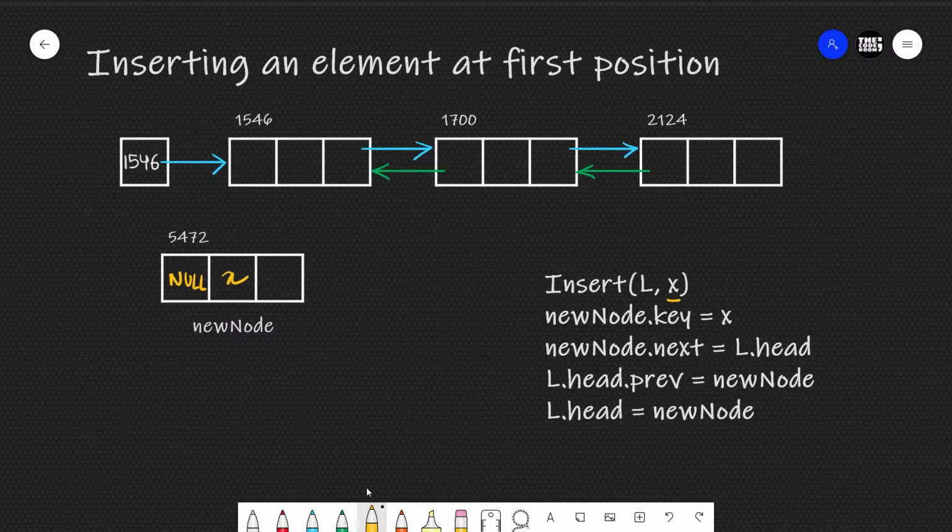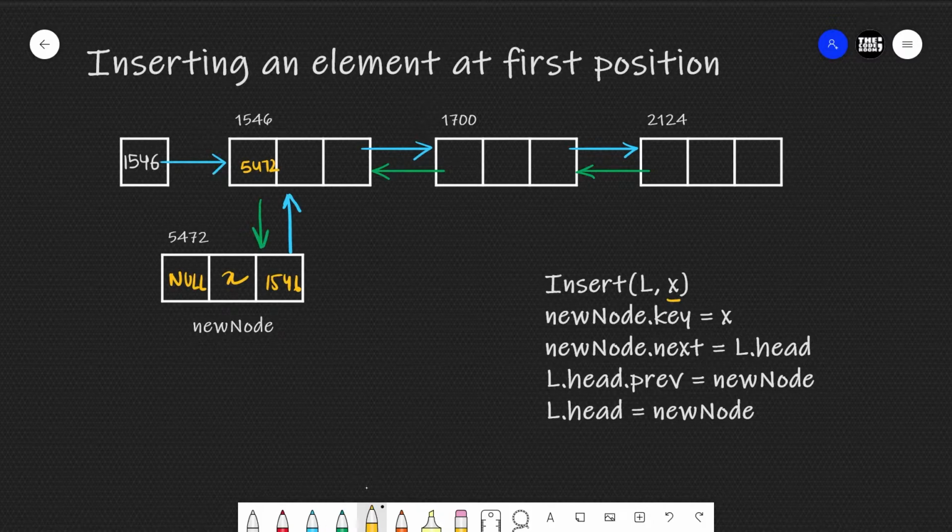So first we assign the address of the head node to the next pointer of the new node. In this way, the next pointer of the new node now points to the first node of the linked list. In the next step, we assign the address of the new node to the previous pointer of the first node. So now the previous pointer of the first node points to the new node.